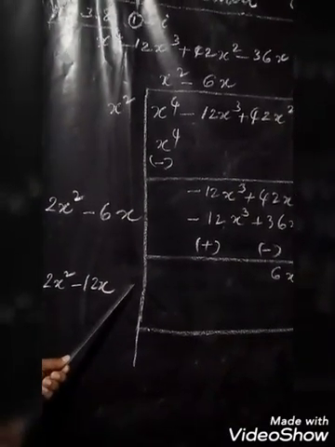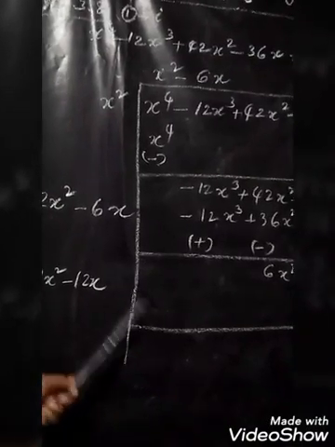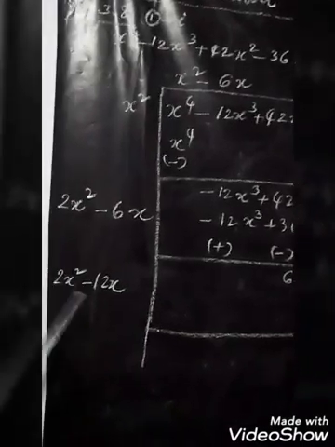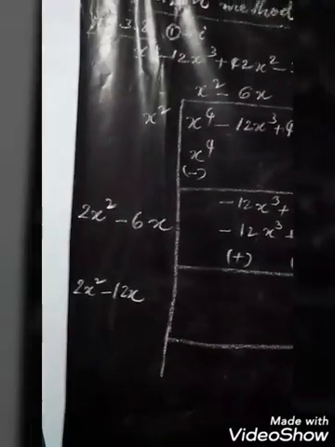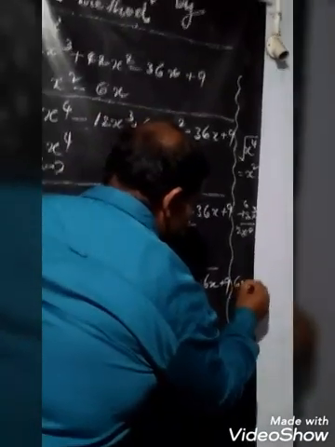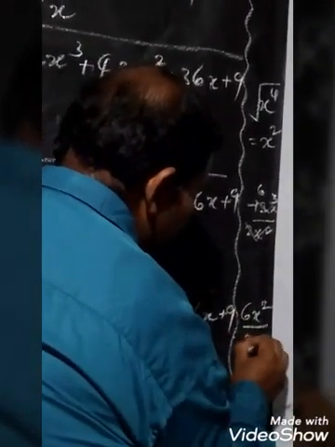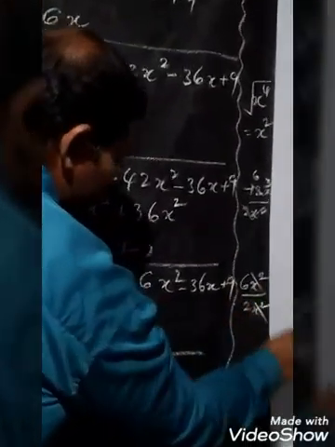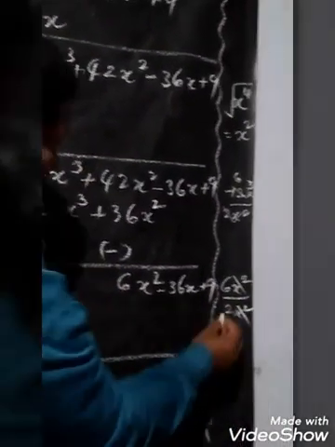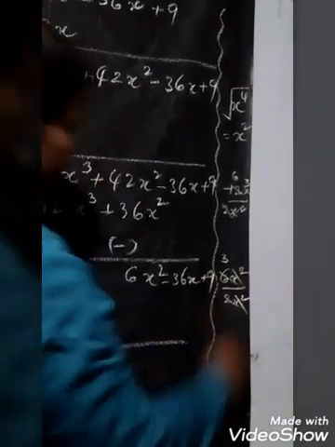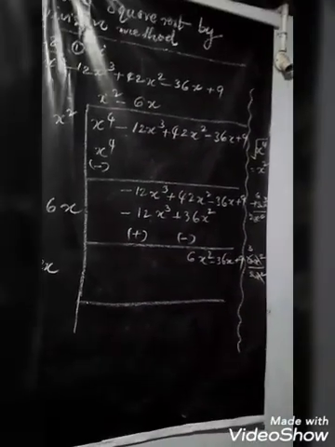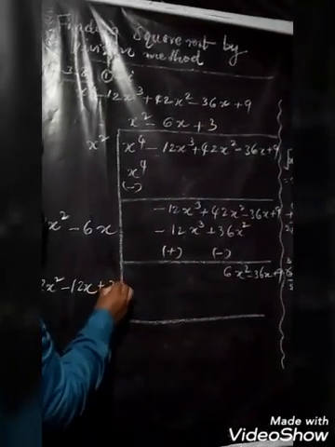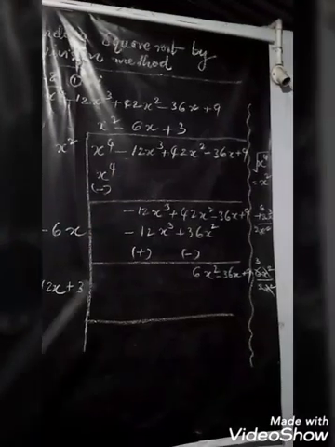One more term you have to find here, which we find by using the first term 6x square and 2x square. So 6x square divided by 2x square. Let's see, 6x square divided by 2x square. Okay. So x square cancels. 2 threes you can cancel, you get 3. The sign is positive. So you can write plus 3 on both sides. Plus 3 here and also plus 3 here.